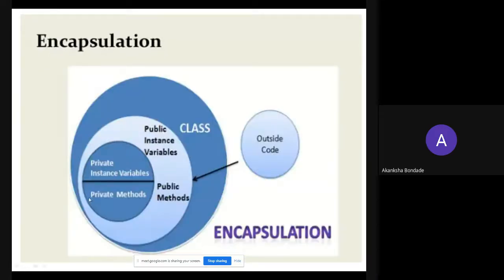Now, encapsulation, what exactly is it doing? Here is a class, and the class has public visibility. Then here are instances, that is variables. Instances means variables, and public methods, that is functions. Private is also a visibility. Public visibility is access for the outsiders, and private visibility is only for the class members. This concept is called encapsulation.